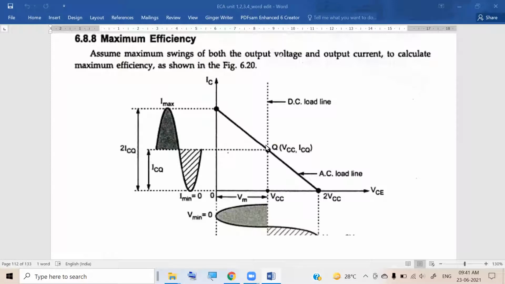Okay. And we discussed that initially we are here. So definitely this is a point through which the AC load line is passing. And then it has a slope similar to the previous case. So the line has to be like this. So this will be the AC load line. Please observe here, the DC load line and AC load line are different.